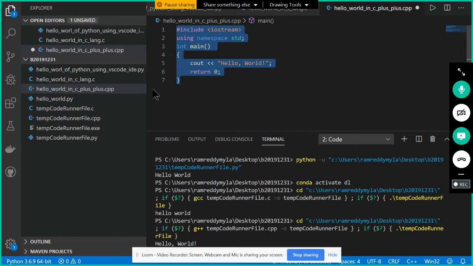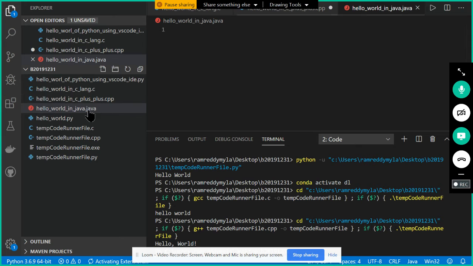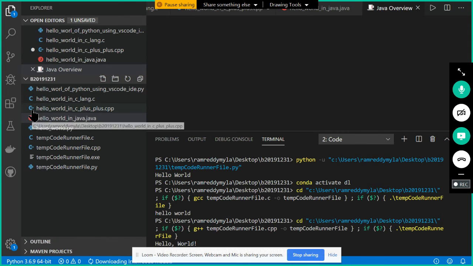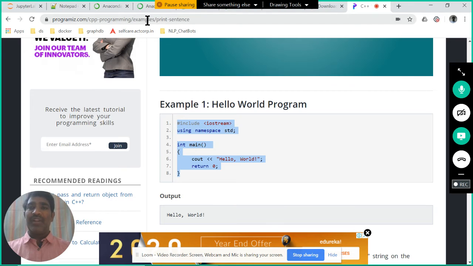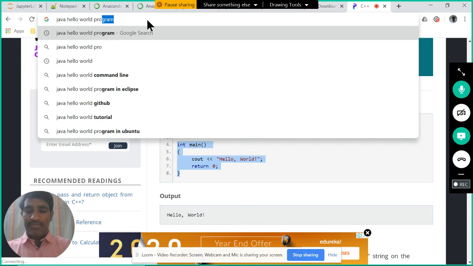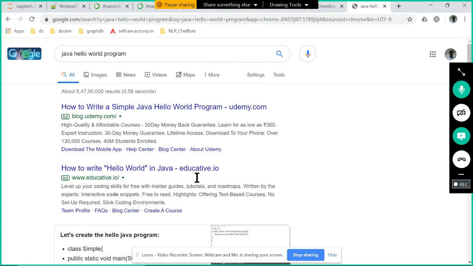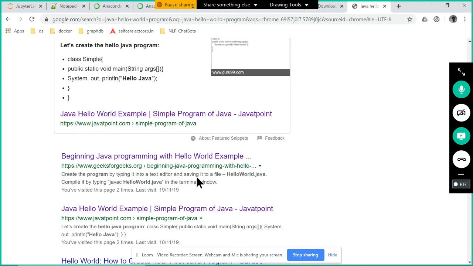That is the difference. Suppose for the same hello world program, if I want to write it in Java, how can I write it? You can go and try to write here in Java also the same way. Let us say hello world in Java. What is the file extension? .java. Excellent. I wrote .java here, and immediately it is recognized as Java. Go and try to Google this also. You'll get the Java Hello World program. Now you can notice the Java Hello World program.